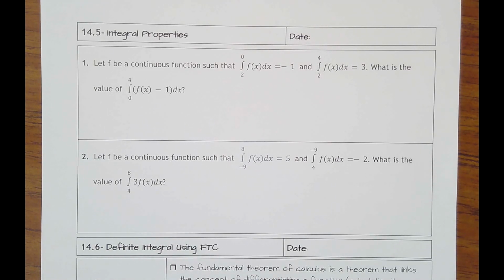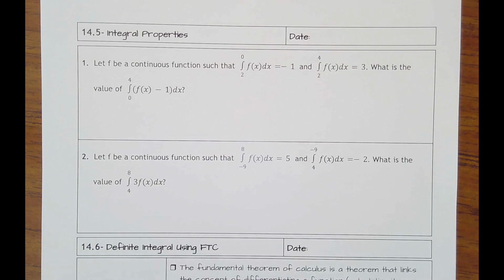Lesson 14.5 is integral properties. So we're using the properties we talked about in lesson 4 to now apply it without a graph. Number 1 says, let f be a continuous function, which is always a criteria to be able to integrate it